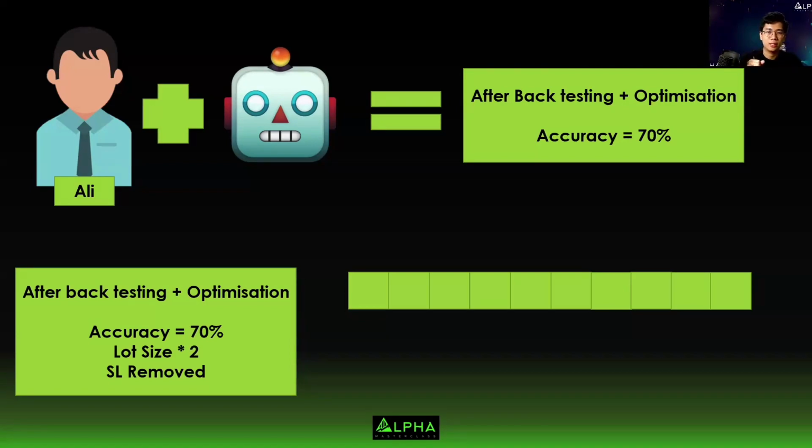But this time he made a tweak. He tweaked something we call lot size. He said, I want to recover very, very fast, right? So he decided to double up his lot size and then remove the stop loss, because he thought that stop loss was the cause of him losing money. And guess what happened next? He had a win. He said, yes, I am coming back. Then lose and win,